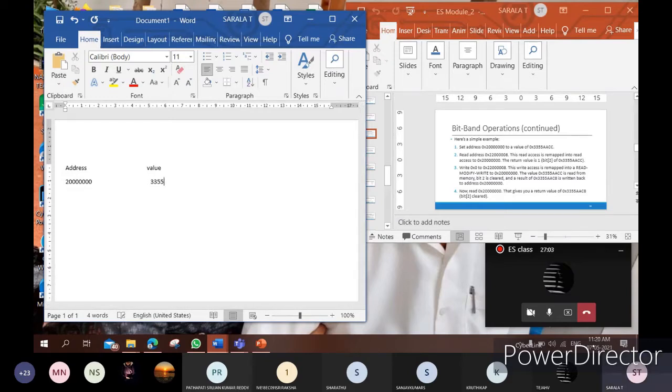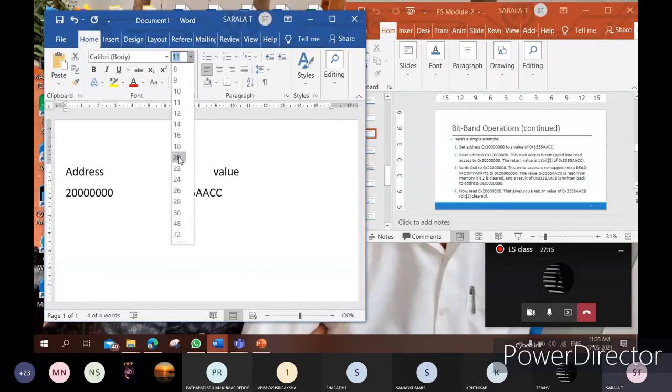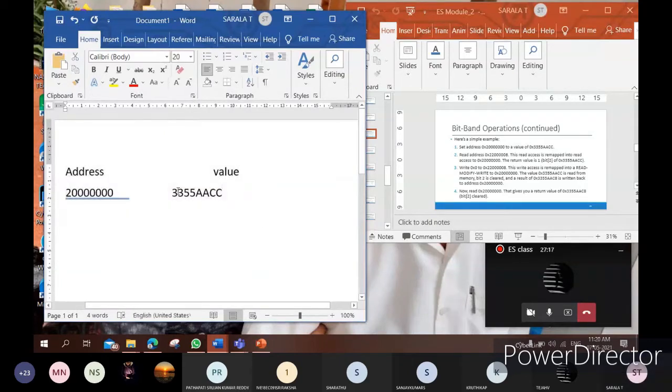If you want the font size more, I'll increase it. Now you can see, I think. Can you see, guys?